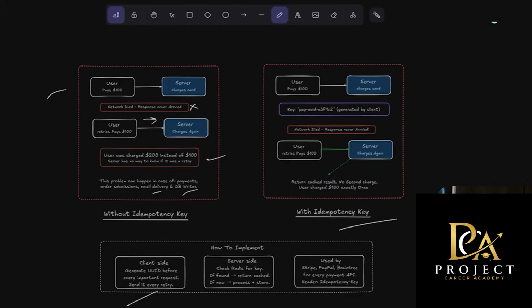It will actually give you the previous result only. It's processing the entire workflow only once, but it's going to be returning the same result many times. This guarantees that my payment is charged exactly once. So all your Stripe, PayPal, all these payment processing systems are using these idempotency keys.